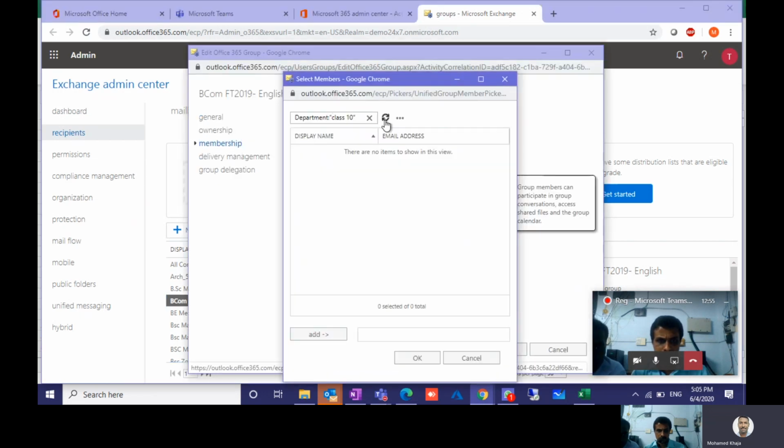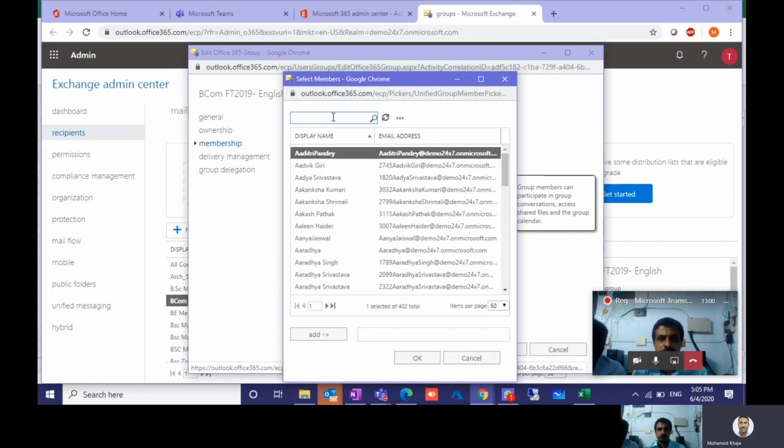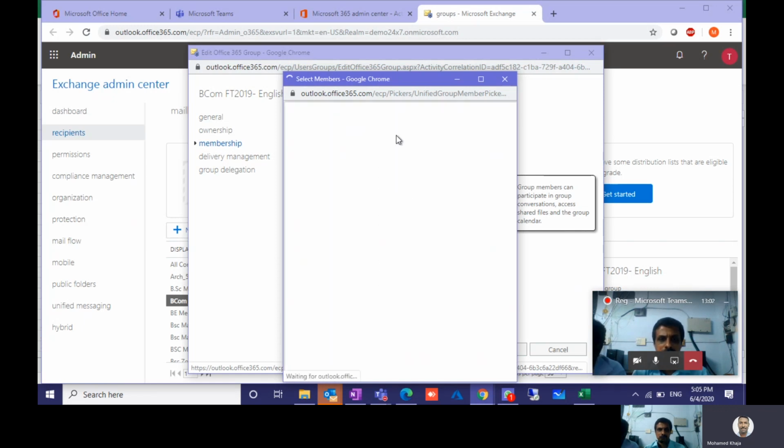Members, three dots, advanced search, department.